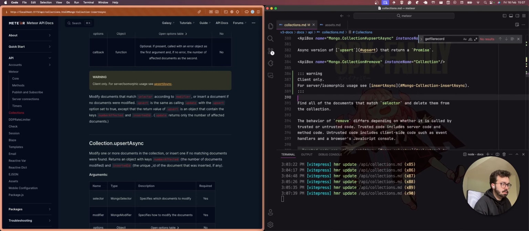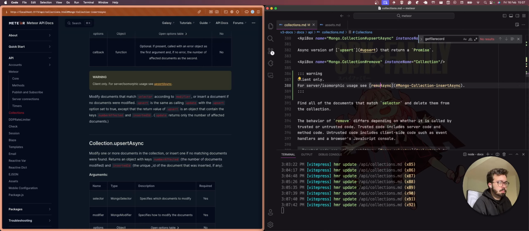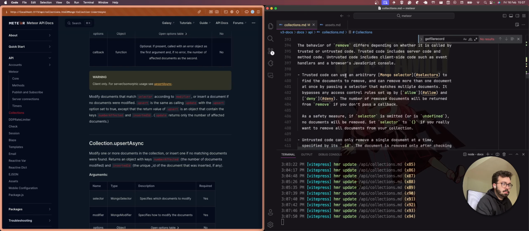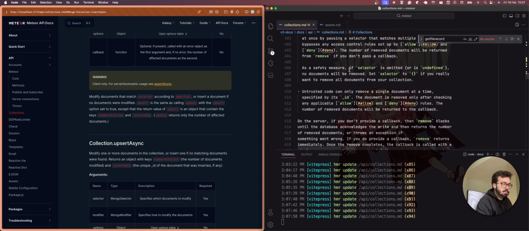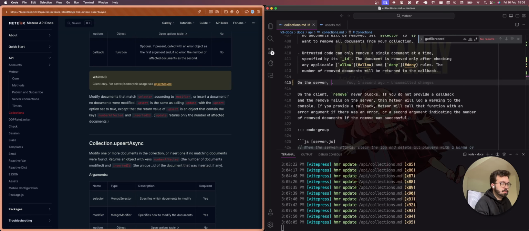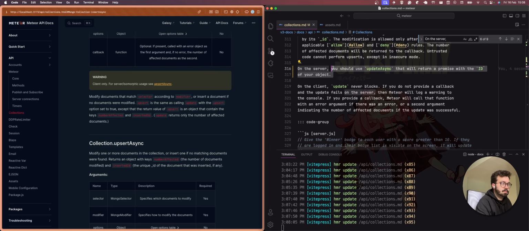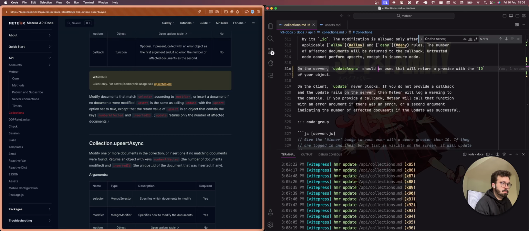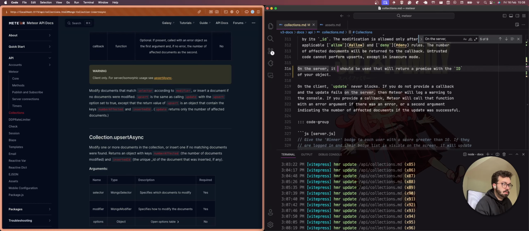So remove, for example, can be done like this. It should be used.